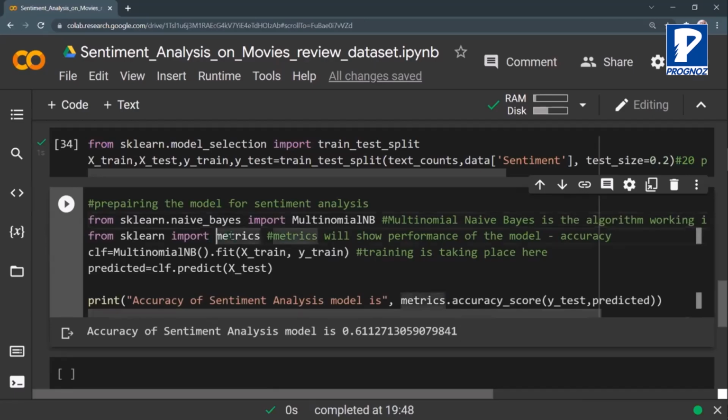Then what we are doing is we are importing metrics. Metrics मतलब performance metrics, you can say, or these are those values which will help you in understanding how well your model is performing. अब how well your model is performing is nothing but the accuracy of the model, है ना,